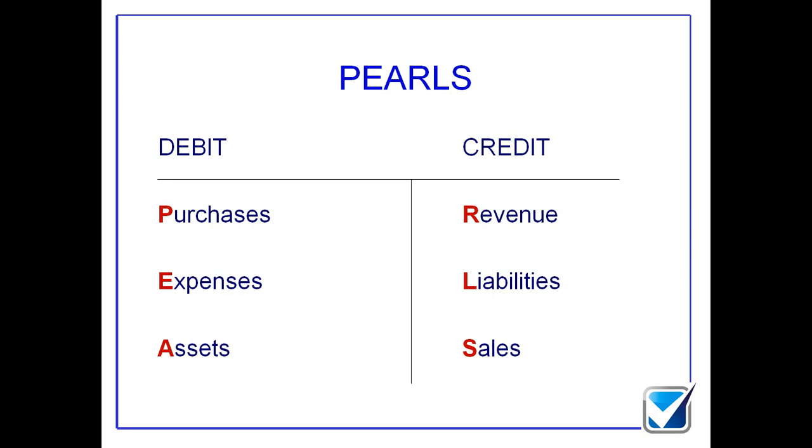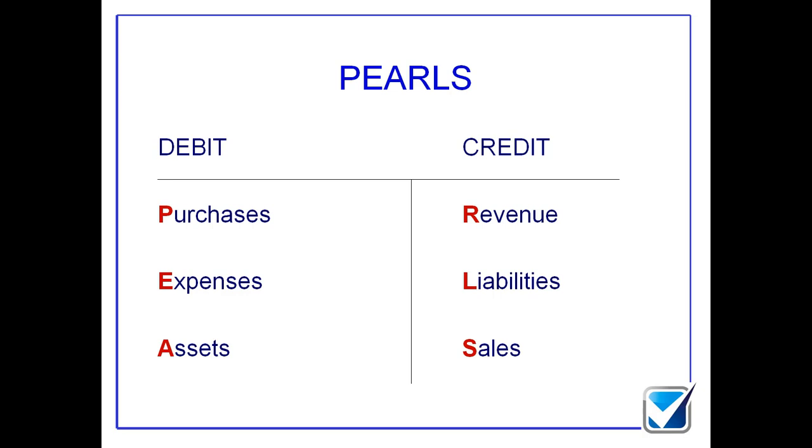With regard to my R stuff, what we have is Revenue, which is another way of expressing sales. We also put in Sales down here as well, which is a clear way of expressing sales, and also Liabilities. Okay, so from a PEARLS perspective, we can look at all of these different types of transactions and shoehorn them into PEARLS. We can look at every single different type of transaction and just shoehorn them into PEARLS. Does that make sense? Fantastic.